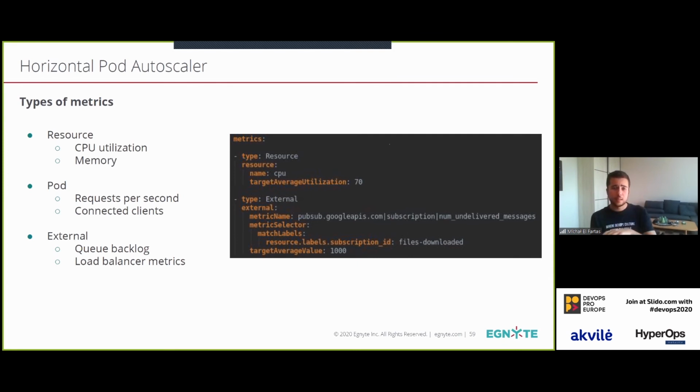And Autoscaler can use that to achieve some kind of balance between those pods. But also you can use external types of metrics, so it could be something like per-backlog or load balancer metrics. You can see in this example here, we're actually using integration with GCP, and we're using a metric provided by Google PubSub,